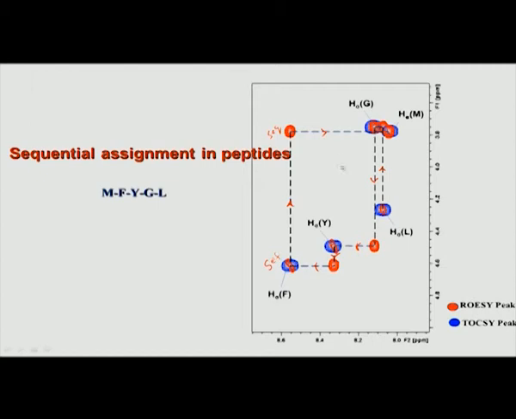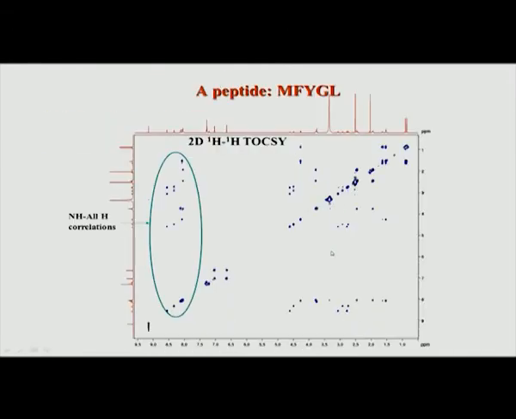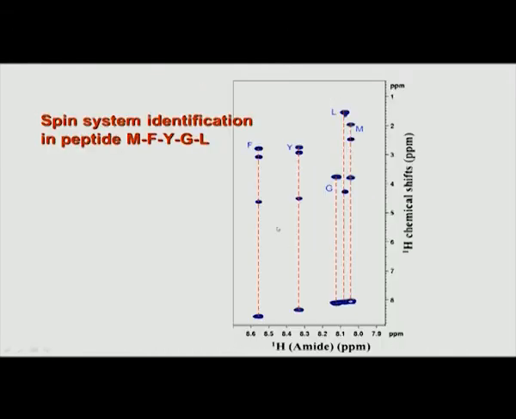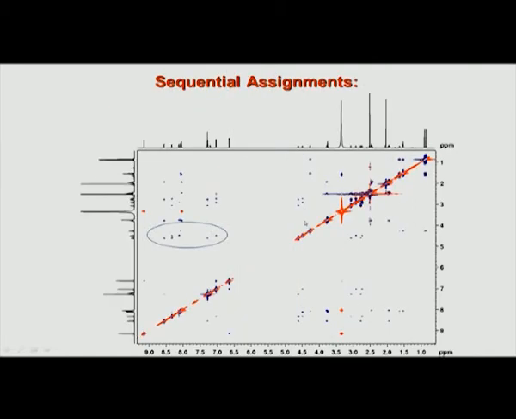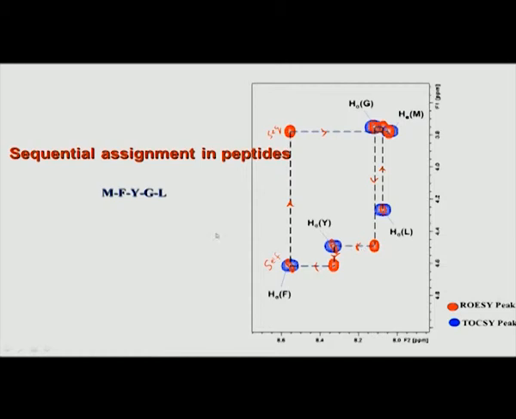So, once the sequence specific assignments are over, you can see now I can say that this was tyrosine and this is phenylalanine. That information I did not have when I went to TOCSY. If you go back to TOCSY here, we did not know which is phenylalanine and which is tyrosine. This was an arbitrary assignment given, but it is verified only when we do the sequential assignment, where we actually find a link between the amino acids. So, this is the whole process of sequence specific assignment in peptides.